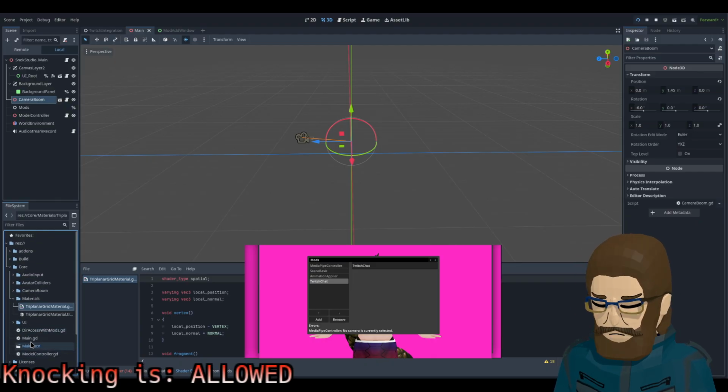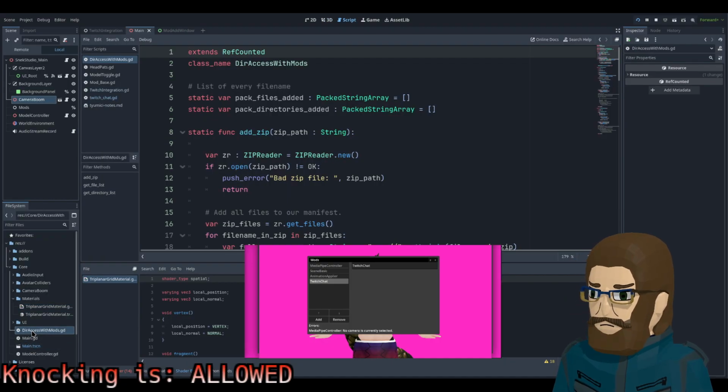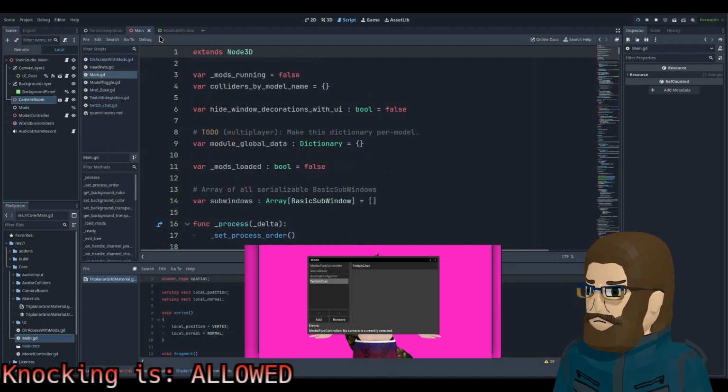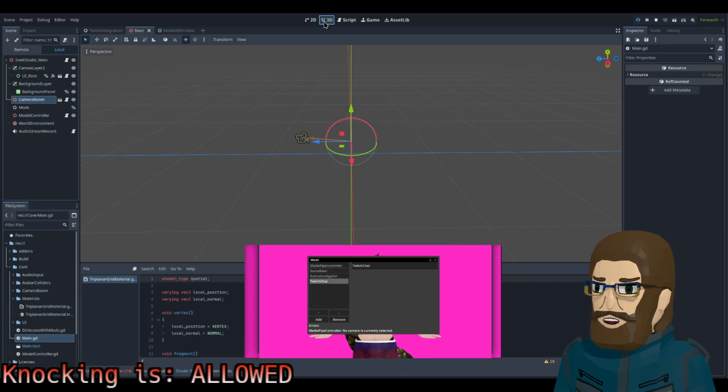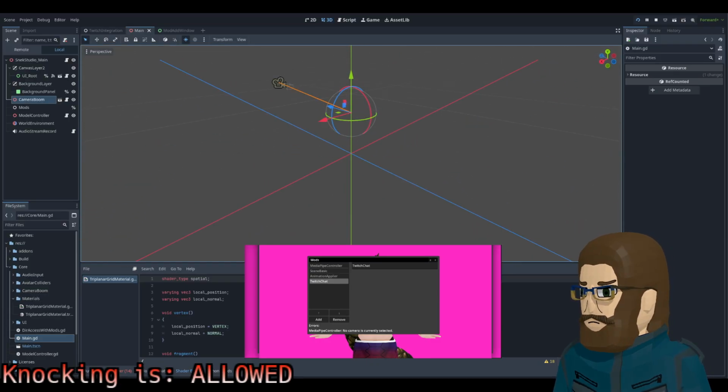Where was it? It's not going to be any of these scripts. 2D, 3D. Yeah, there was a plane here.